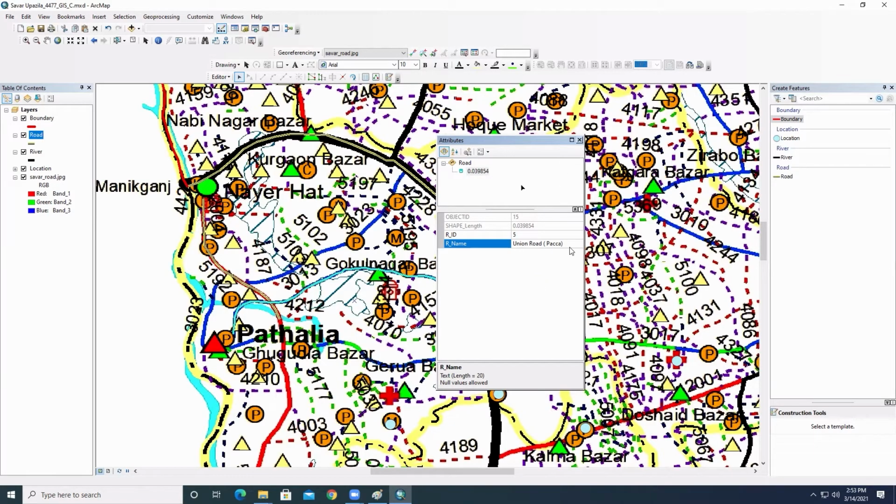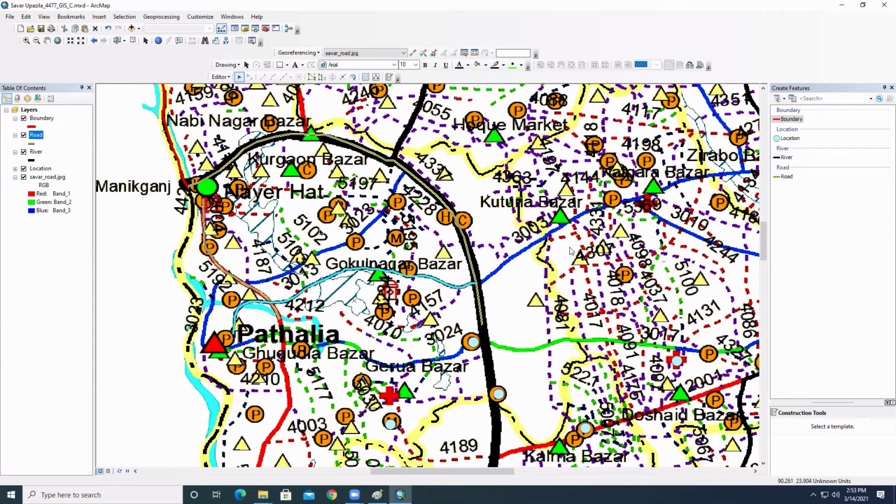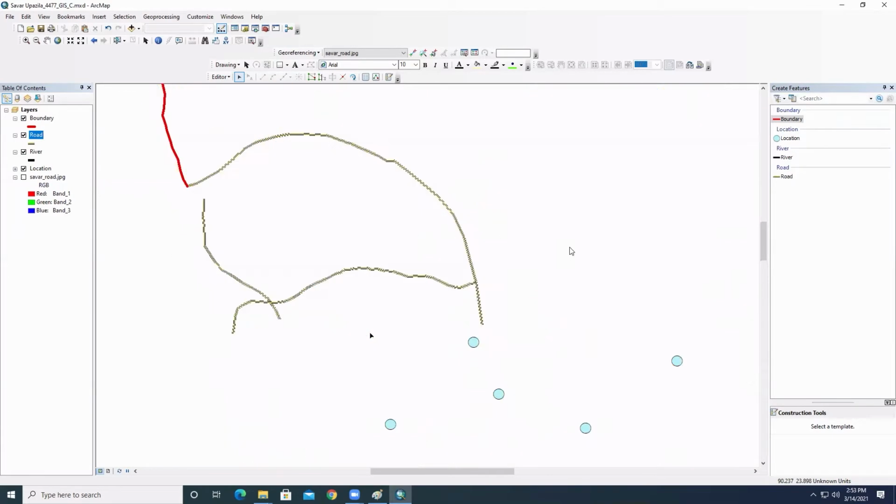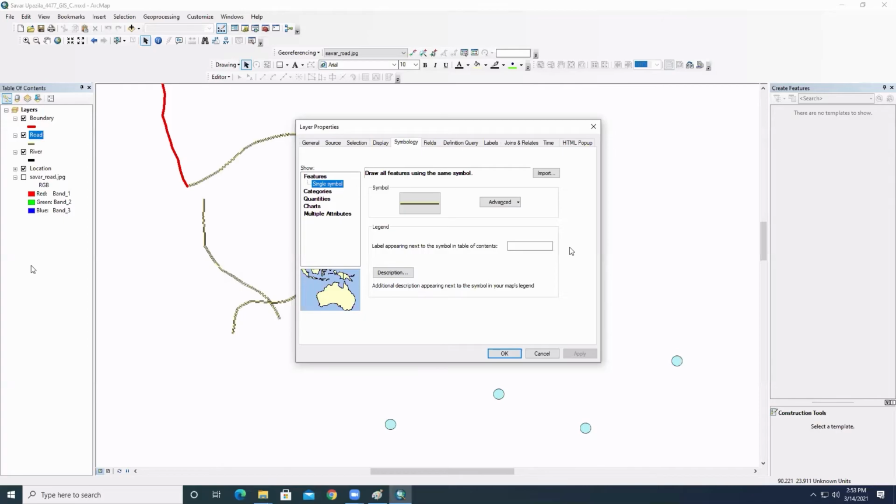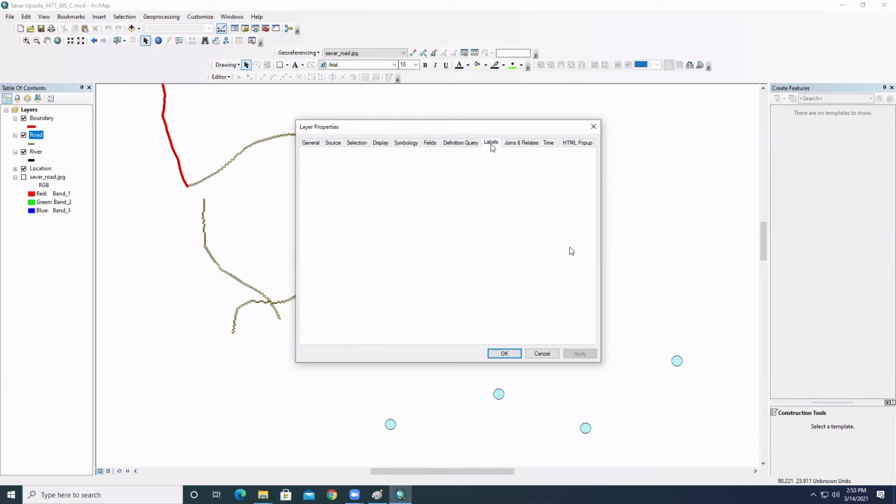Okay, finished it. So now the next, look, all are the same color. So how to change it? Next, you need to save it, stop it, because you already separated these things. Now right button click, go to the properties. You already know how to, but I'm just giving the steps. Before that, go to the level.